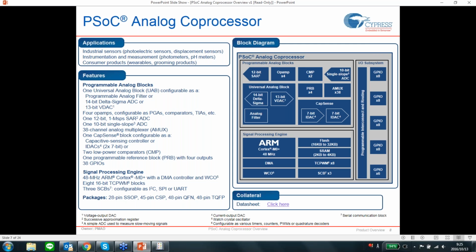Now I'll talk about the PSoC analog coprocessor architecture. In the PSoC analog coprocessor, this is how the device looks. The PSoC analog coprocessor has programmable analog blocks, the signal processing engine, which we talked about earlier, and the I/O system. In the PSoC programmable analog blocks, we have a 12-bit SAR ADC,